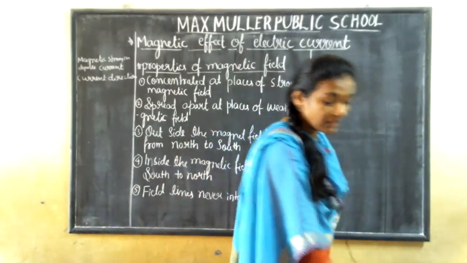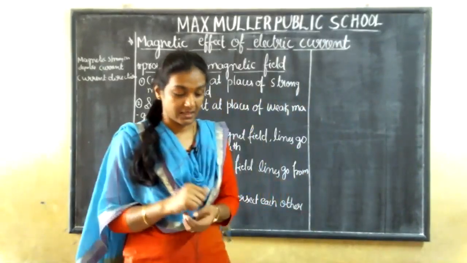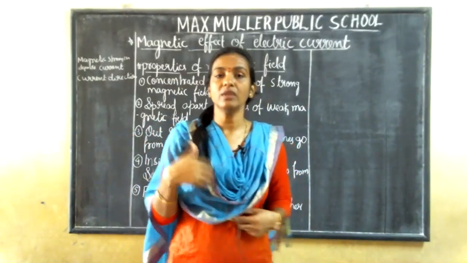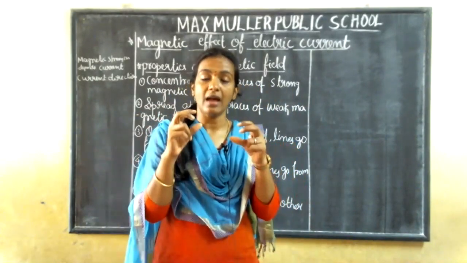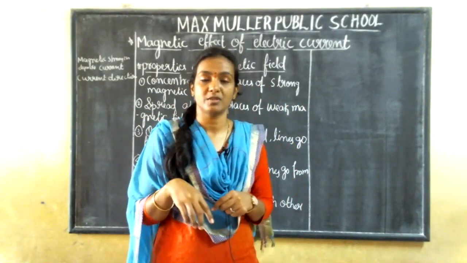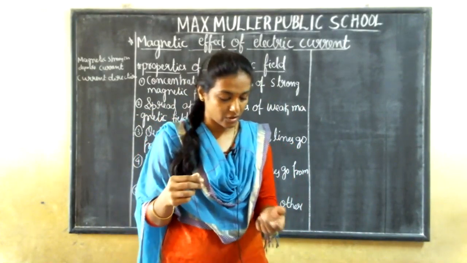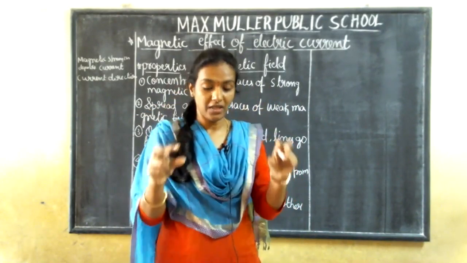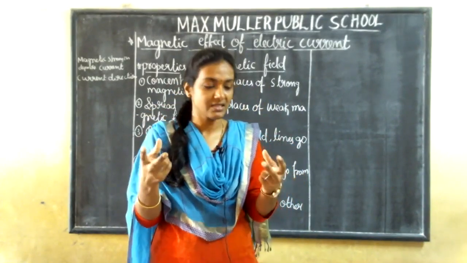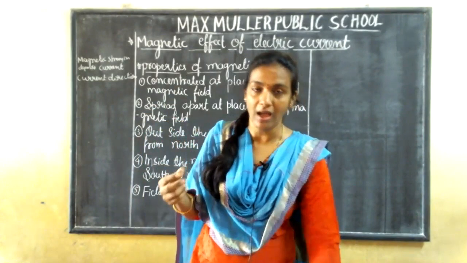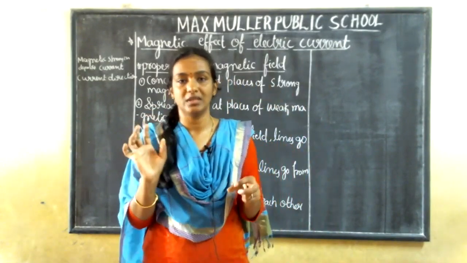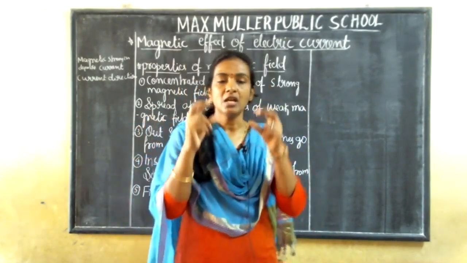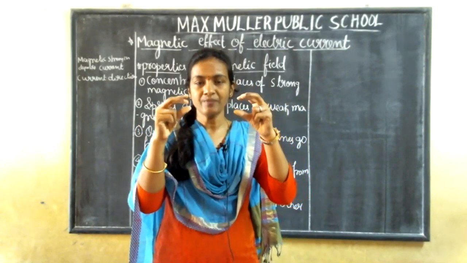We have all played with magnets, children, isn't it? When we were your age, we used to have a magnet in our compass box. I don't know whether you have one or not. So take two magnets. I don't have them here to show you experimentally, please excuse me. If you have them, you can do it there. Clear? Take two magnets.